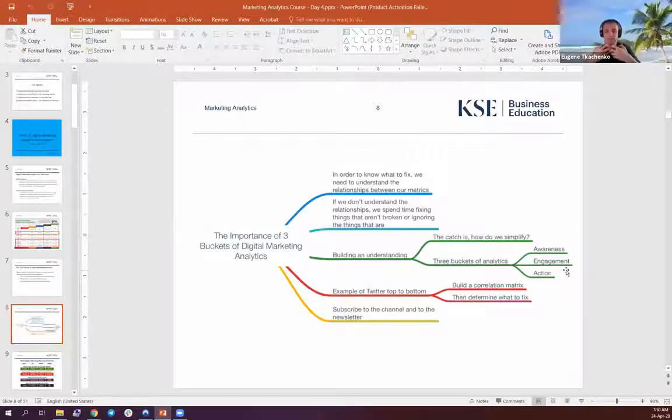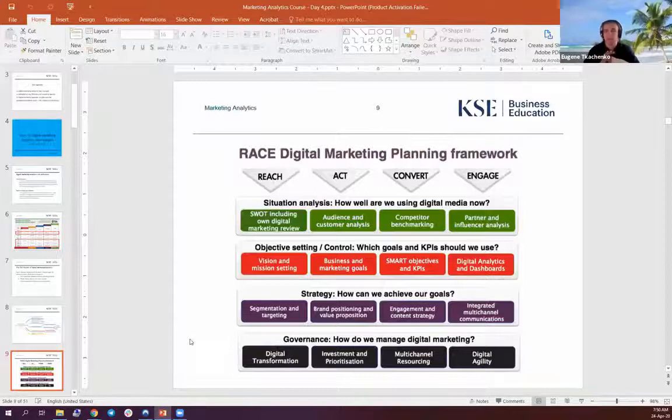They are meant to facilitate all our efforts at the awareness stage, either to increase ad recall at the awareness stage or to support or engage with the people who are particularly being targeted at that stage. So when we're talking about digital marketing analytics and planning measurement frameworks, it all comes to the situation.